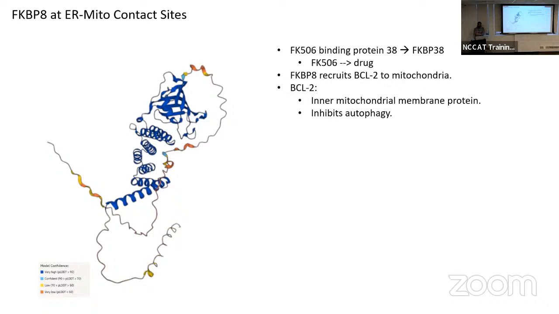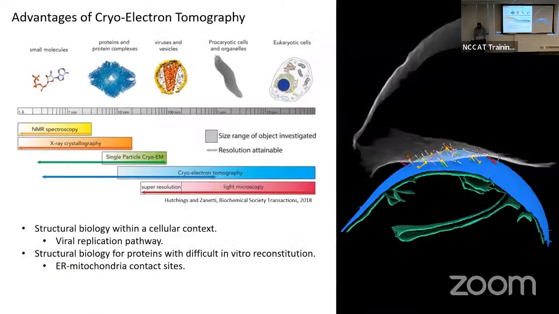I'm just going to pass through these slides to get to the methods part. So what I wanted to achieve, and the result you can see here, was to be able to see these contact sites and also be able to get some kind of structure from the tethers that exist at these contact sites. So just to give you an idea what the end result should look like. And